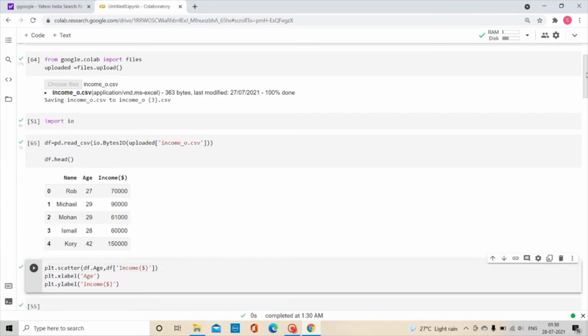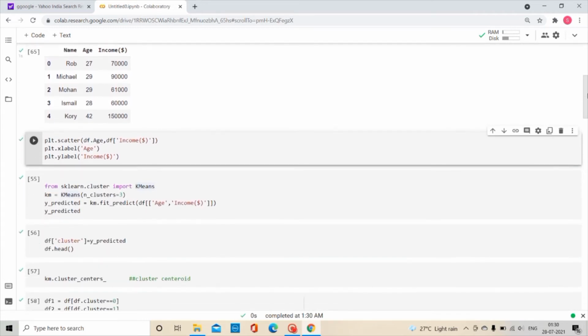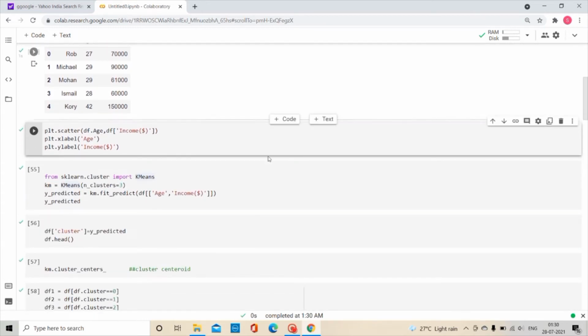In order to get insights from our data set, we are going to plot a scatter plot: plt.scatter(df.age, df.income), plt.xlabel('age') and plt.ylabel('income'). So we are just specifying the names for our x-axis and y-axis, and we are plotting our graph between the values of age and income.